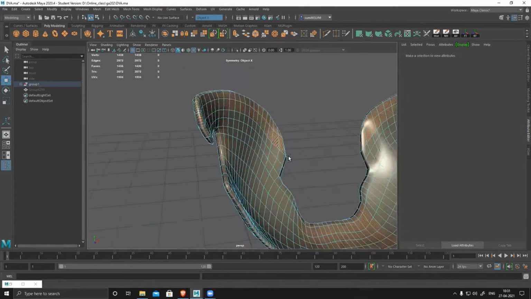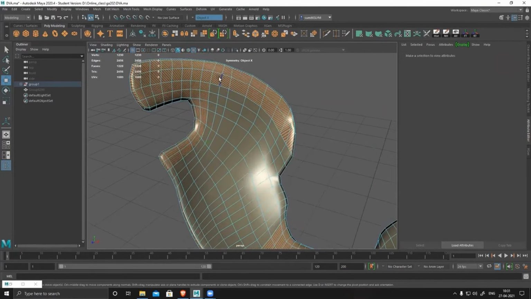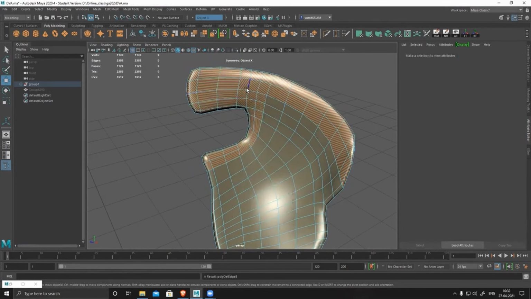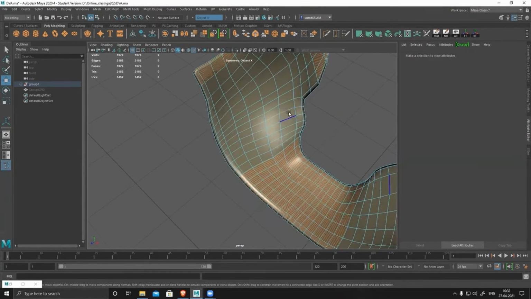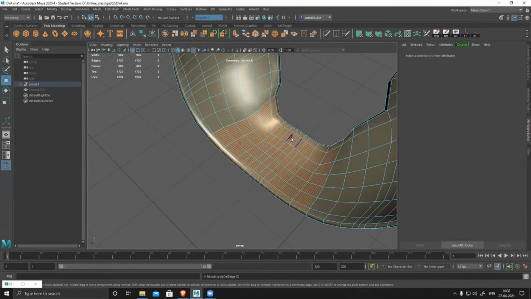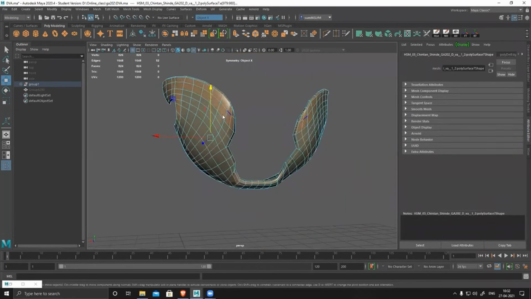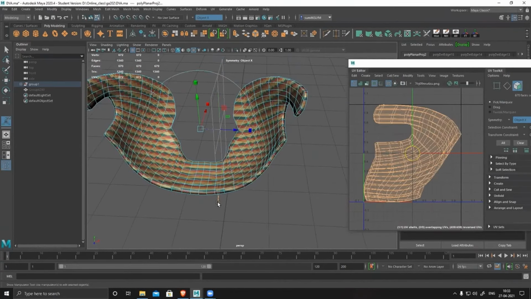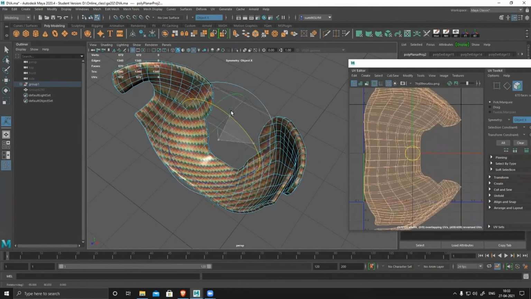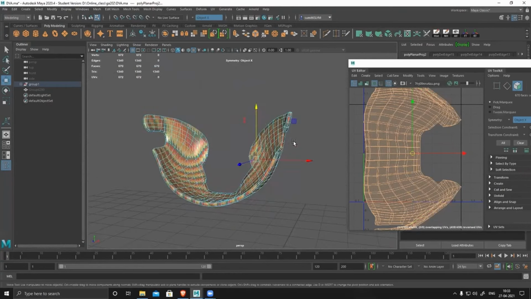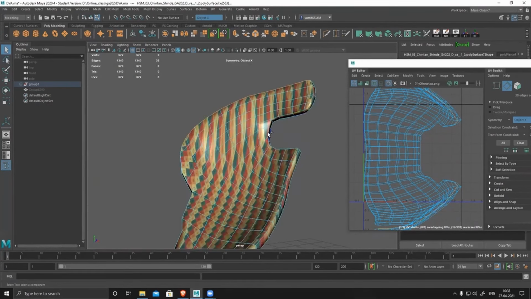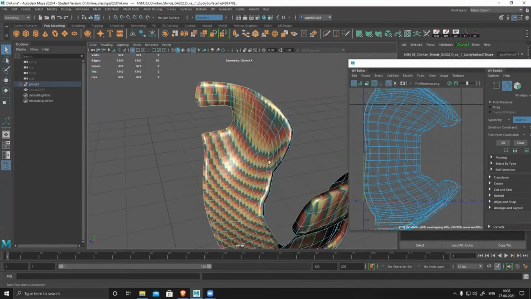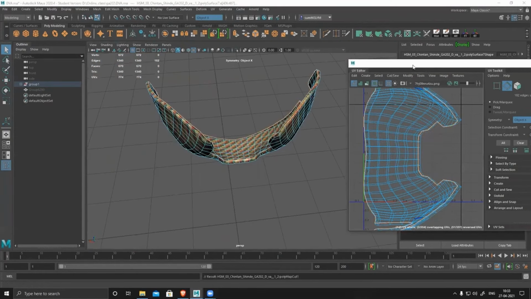And while UVing, if you see any kind of error or any kind of optimization required for the model, do it while doing UV, because while doing UV you should be able to identify any kind of issue in your model. Maybe it's a double face, maybe a floating vertex or edge or something. Make sure you fix it. Those things are not acceptable at all.